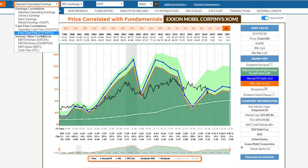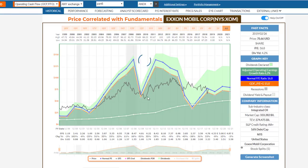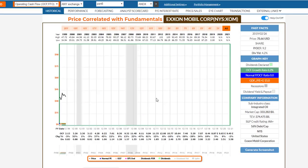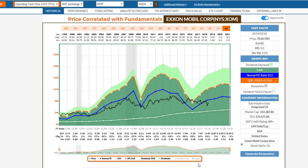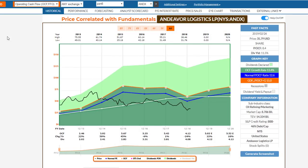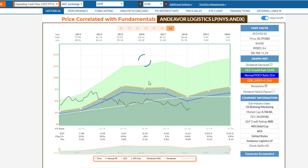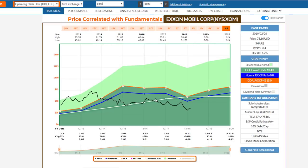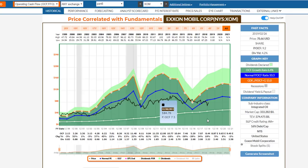Another thing I want to point out is that when I'm looking at these stocks, since it's primarily about the dividend rather than capital appreciation, I tend to focus more on operating cash flow. What I'm looking for is to see that operating cash flow covers the dividends. Let me get back to Exxon, as I inadvertently brought up the other company here, Andeavor, which I'll get to in a minute. When I'm looking at Exxon from the standpoint of operating cash flows, the thing I want to make sure of is